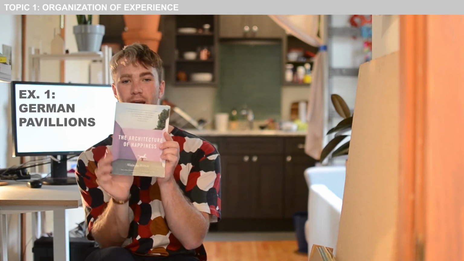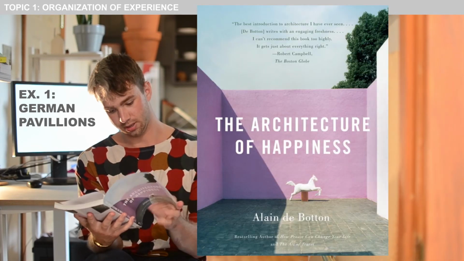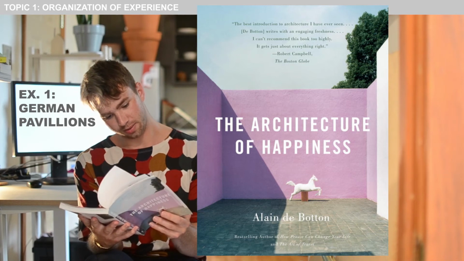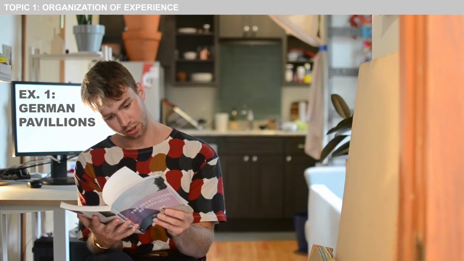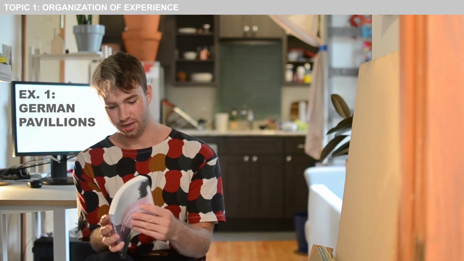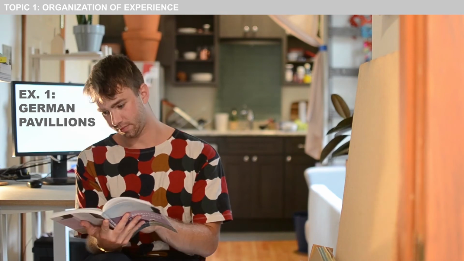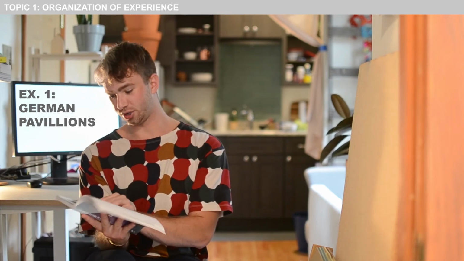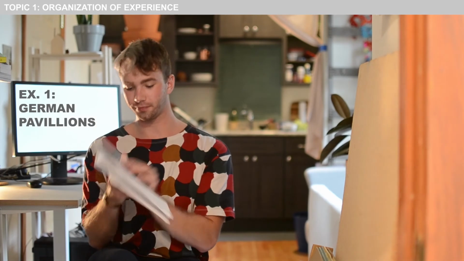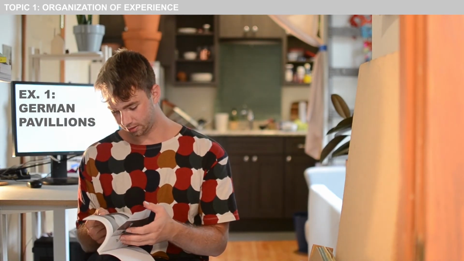So the first example I have is from a book called The Architecture of Happiness. It was written by Alain de Botton, and it was published in 2006. So this is a great introduction to architecture in and of itself if you're looking for some additional reading material. But right now I'm interested in the chapter on talking buildings. And in this chapter, de Botton,